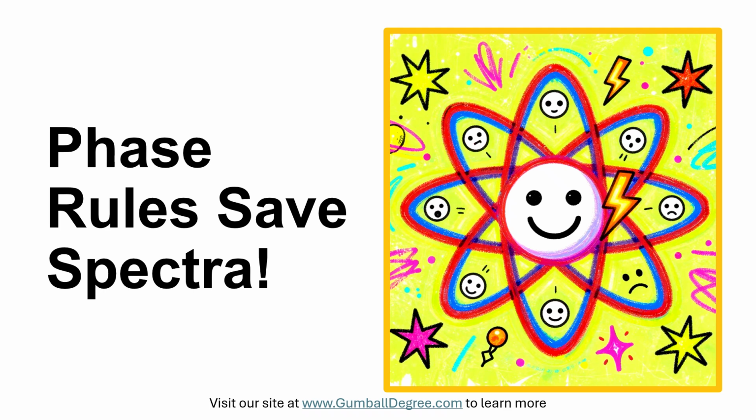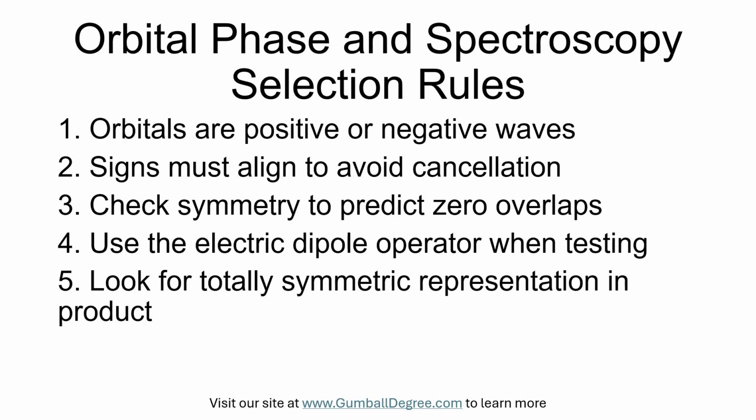Transitions are allowed when the integral overlap between initial and final orbitals is non-zero, which depends on the relative phase and symmetry of those orbitals. Think of atomic orbitals like waves that can be positive or negative, and when two waves overlap, their signs must line up so the overlap does not cancel out. If the positive parts overlap positive parts and negative parts overlap negative parts, the integral is non-zero and the transition